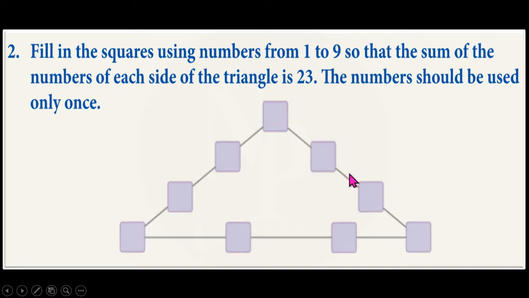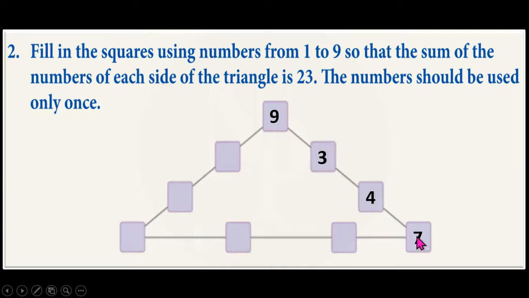and let us verify whether the arrangement of numbers is correct or the sum will be 23 or not. So in this box let us fill 9, the largest number from 1 to 9, and then in this box let us write 3. In this box let it be 4, and in this box let it be 7. Now let us add these numbers.